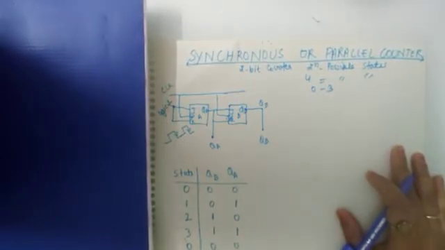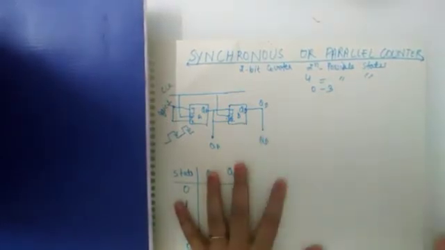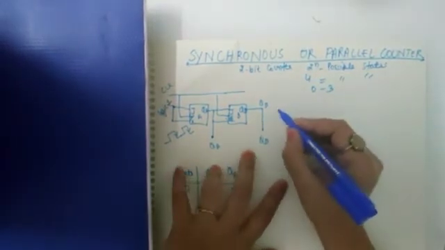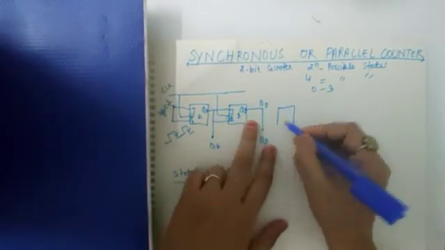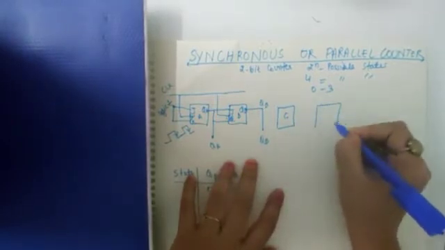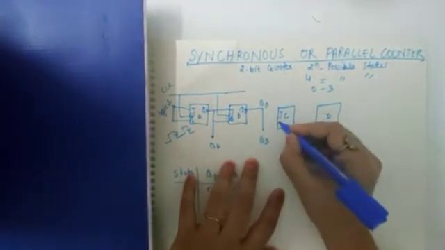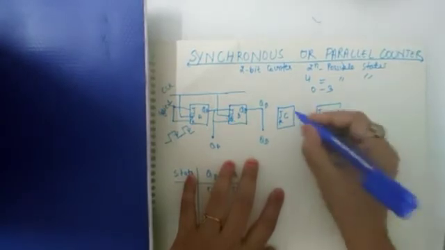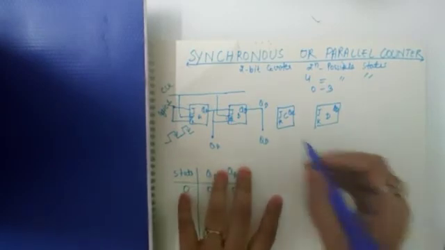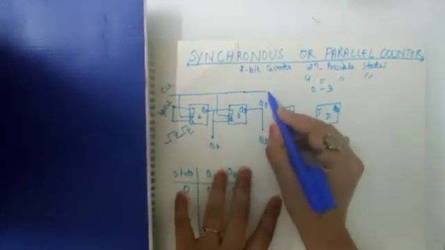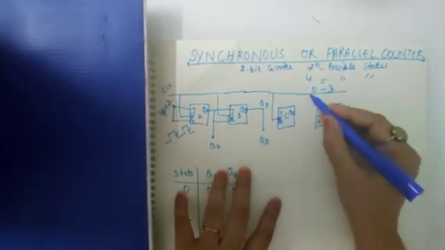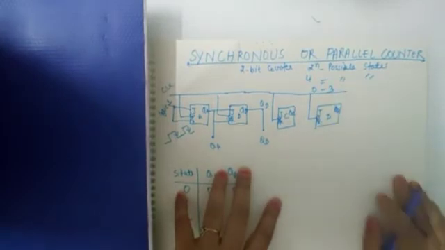That we can understand if I add more flip-flops. So to see the effect of propagation delay, I have to add at least 2 more counters. So for this I am adding 2 more flip-flops in that circuit. One flip-flop is C, the other flip-flop is D, with the same inputs J, K, and outputs QC, QD. Now they will get the same clock pulse as we are giving to all, and respond to the negative clock edge.